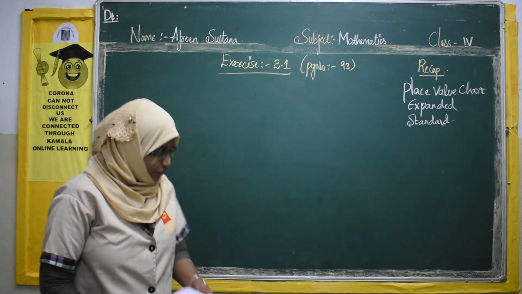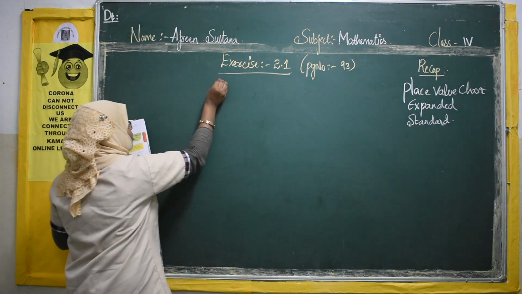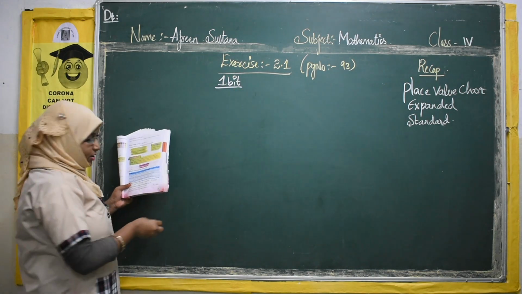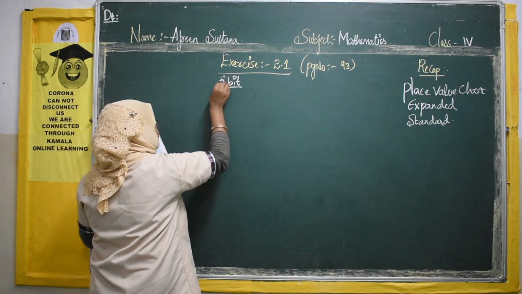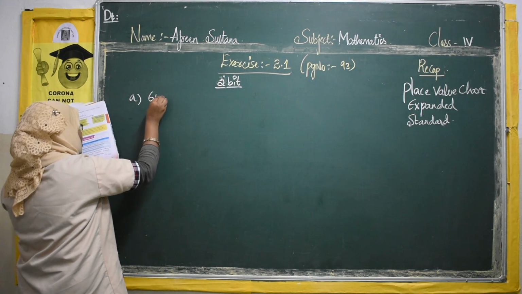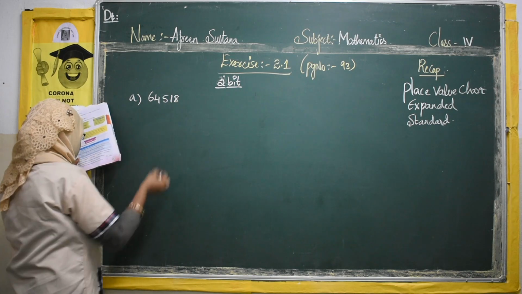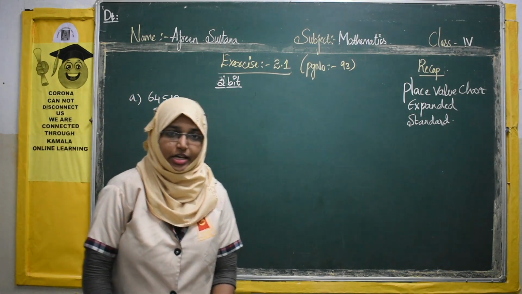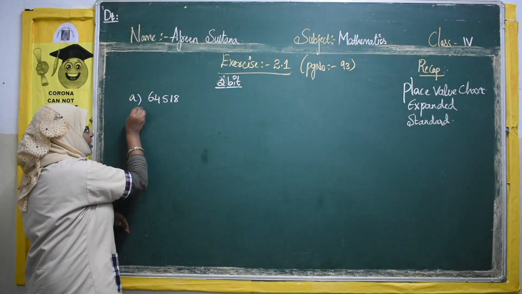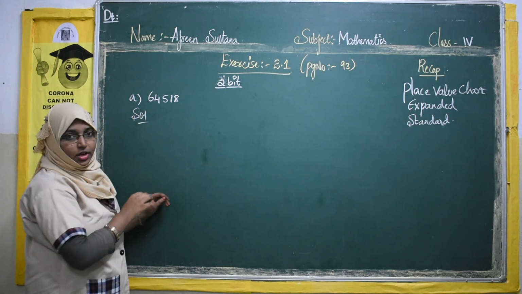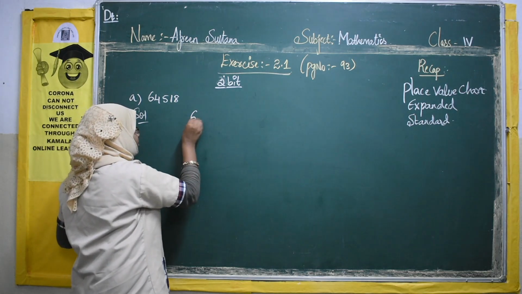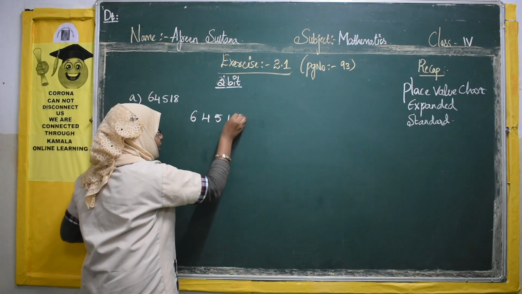Okay. So let us see the first one. You write down the complete heading of the second bit. So the first one is 6, 4, 5, 1, 8. Now what we have to do, we have to place the commas and then write in number names. So what is the first step, how to place the commas? First to write the place values, right? So let us take the number once again, 6, 4, 5, 1, 8.